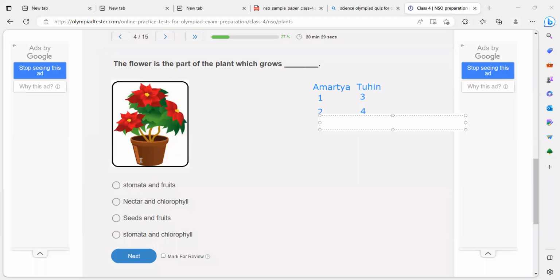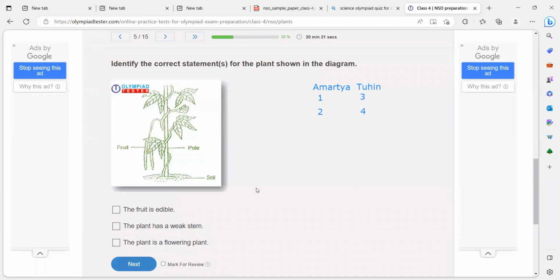Now you tell me, Amoto, the next one. Just a second. Amoto, tell me this one. Identify the correct statements for the plant shown in the diagram. Pole. Ma'am, a pole means the stick who helps to stand the tree. Pole means